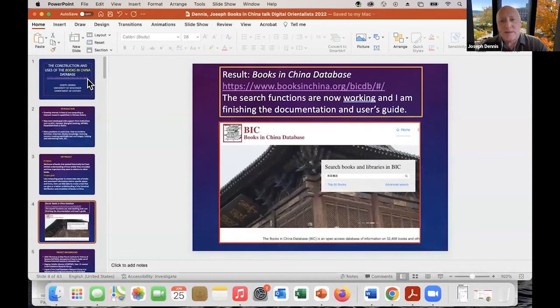So this is where it is located, if anybody's interested in looking at it. The basic functionality is all completed, and so now I'm trying to do all the documentation of it. This month I'm working on the user's guide and have been testing it out. I've been going back and forth with Calvin Ye, who is the main IT developer who's been working with me on it.